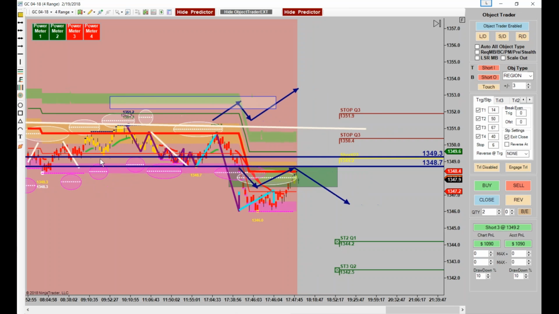I always like to look to the left to trade the right and look at nice swings, and they have not checked that one yet. They have checked this one as they broke it. They've got to check it as they come back up. And if they go any higher than here, I'd be very leery of this trade.